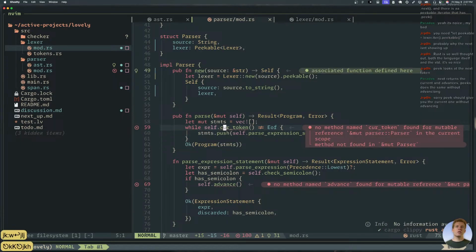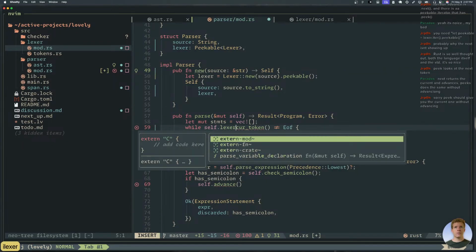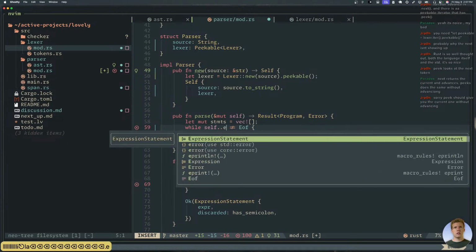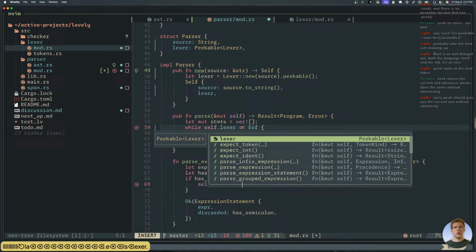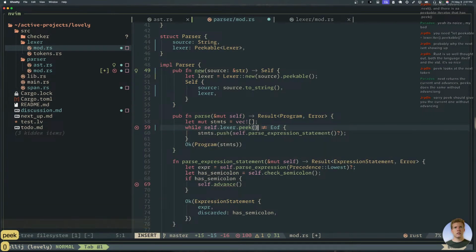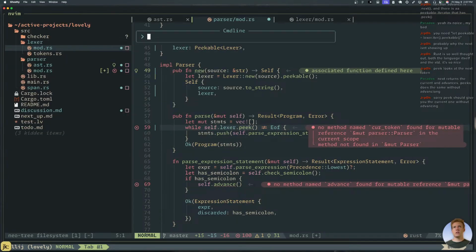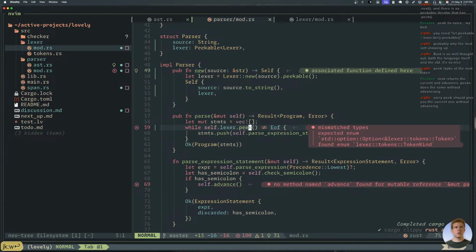So cur token basically gets replaced everywhere with self.lexer.peek, which returns an optional token.